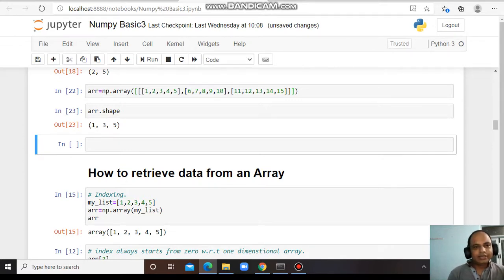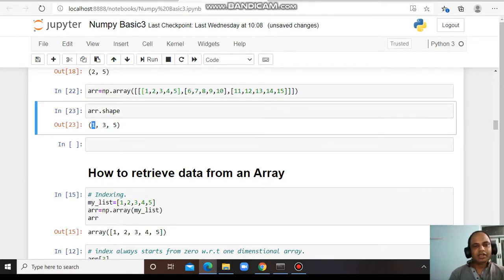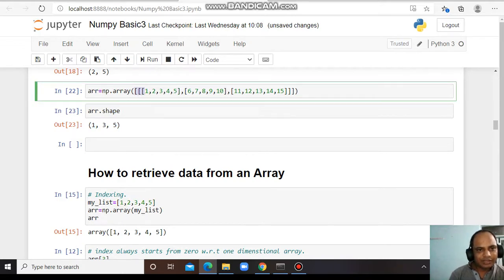That means it's telling there are 5 elements. Each array is having 5 elements, 5 columns, and 3 rows are there, 1 2 3. How do you know that this is a three-dimensional array? Because it is having three square brackets, initial and at the starting and the end also. So this is a three-dimensional array.